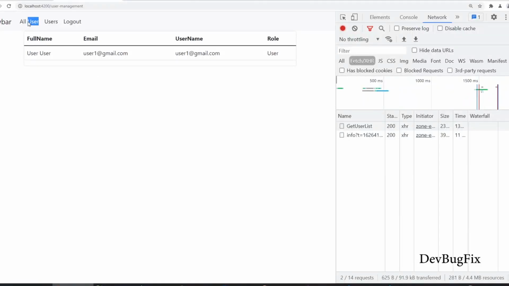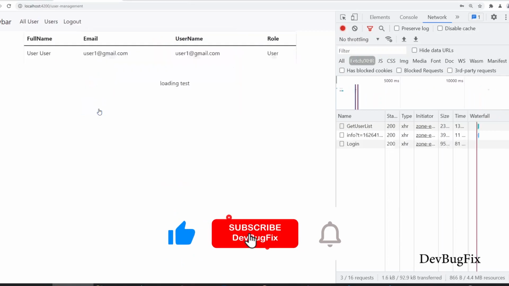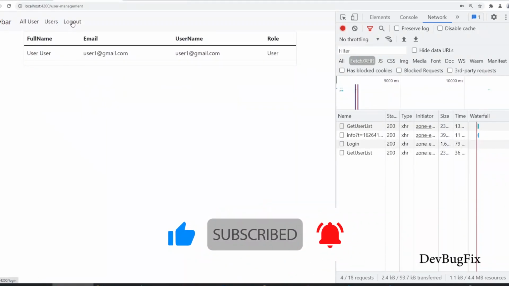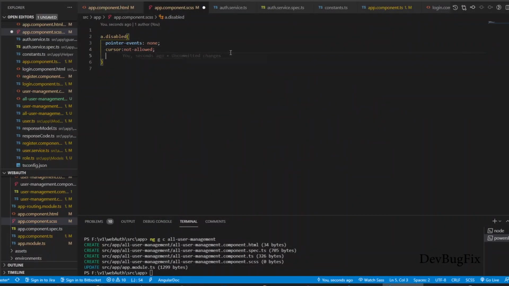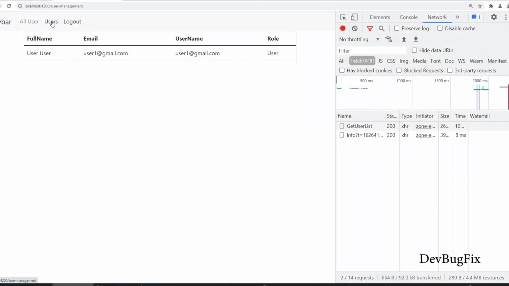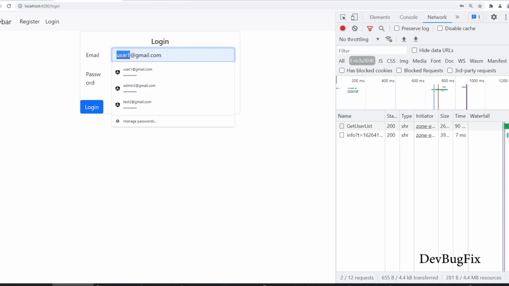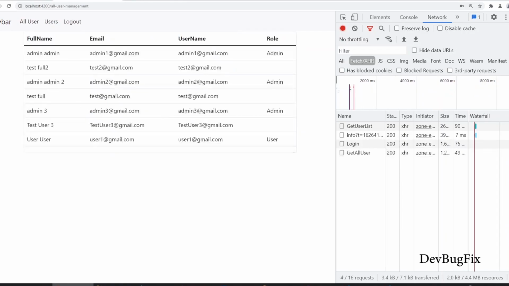So here you can see I cannot click on this link, but I can click on the user link. I cannot click on it, and I cannot trigger an event. If we add opacity, then this link will look like a disabled link. Now it looks like a disabled link. So if I log in with admin, this link is enabled, all user is enabled,